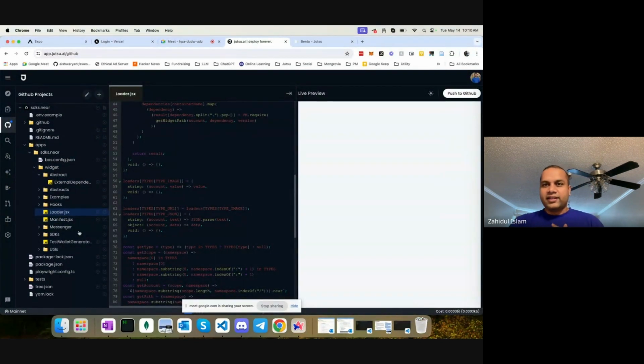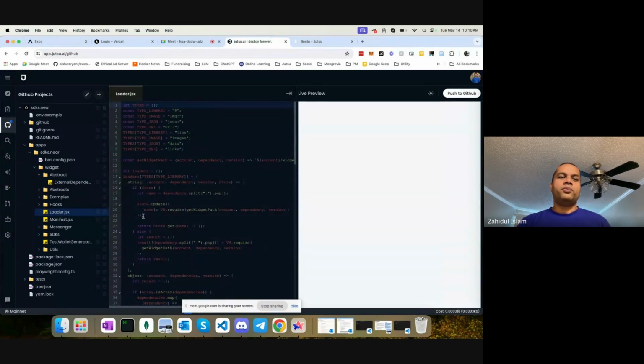The next thing is, building a Boss component manually is nice, but a lot of the time we want to build a UI where we have some idea, right?